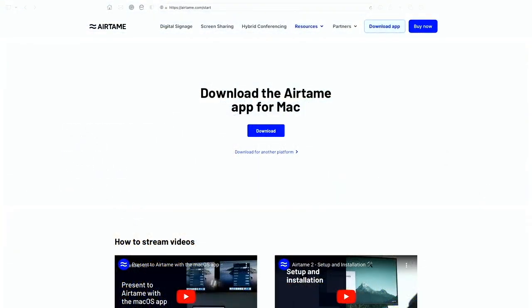As we move to that website, you'll see that it automatically detects which software you're using. If you use airtame.com/start, it will detect which operating system you're using, and then all you need to do is click the download page. If for some reason your operating system isn't there, you have an option to select a different platform to download it for. But once you've downloaded that and installed it, then you should see